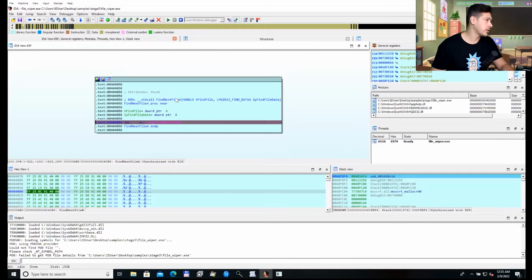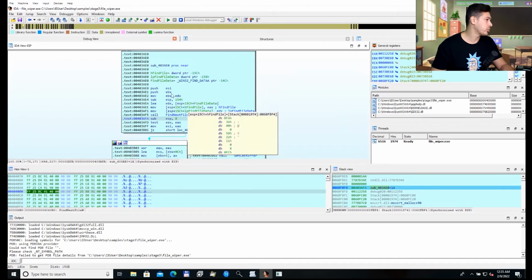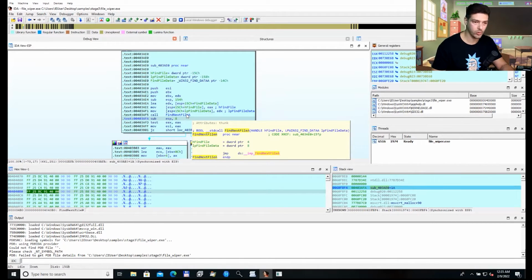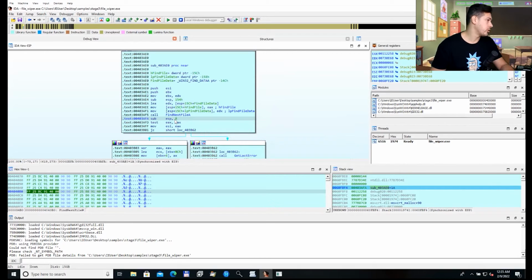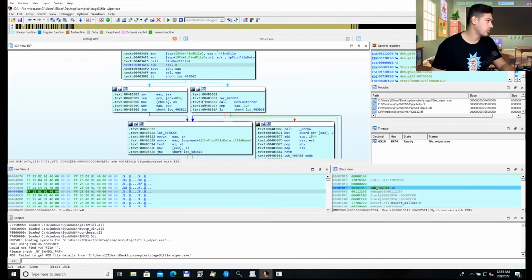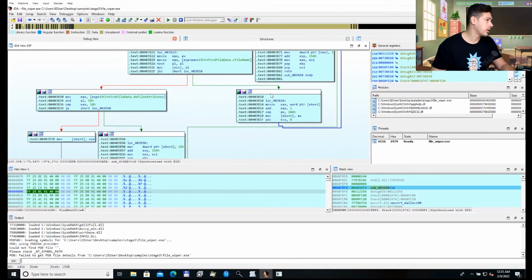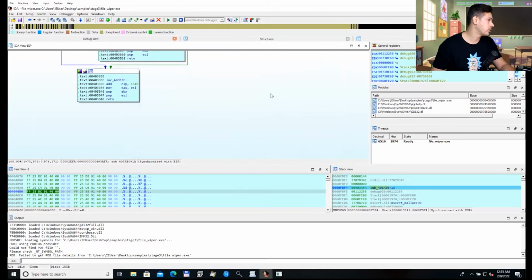So we stop at FindNextFile. This is the first step of this malware. And we just click on the return address and we go back to the procedure from where this FindNextFile WinAPI call was executed. So this is the place where it searched for files. And if we go down,